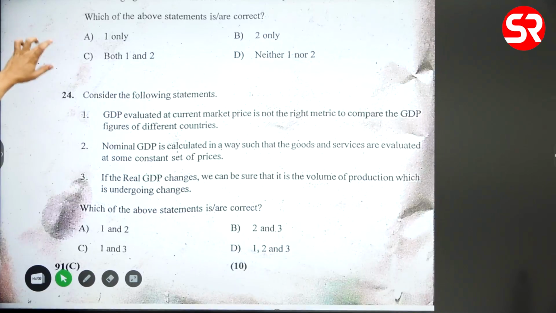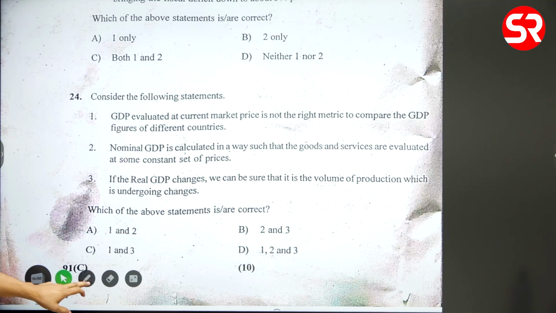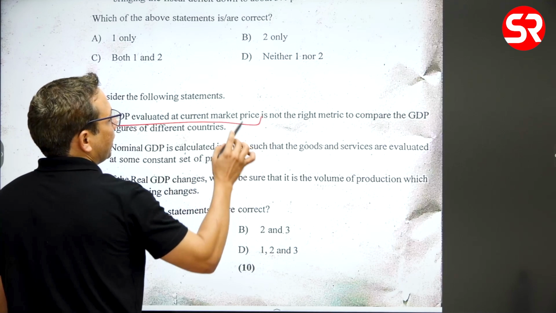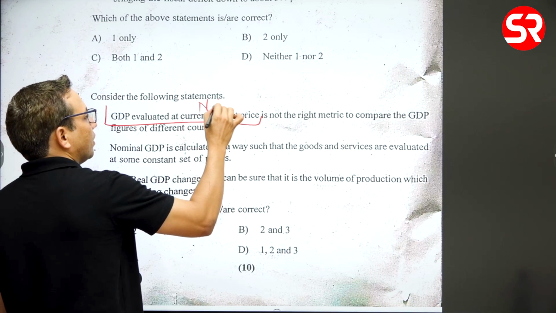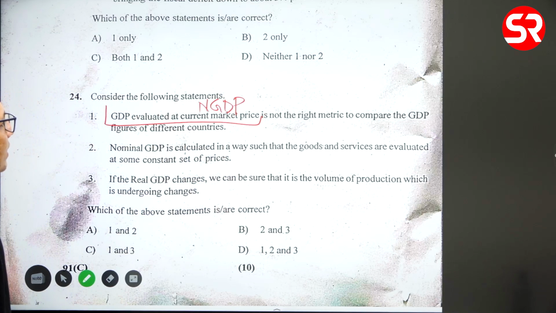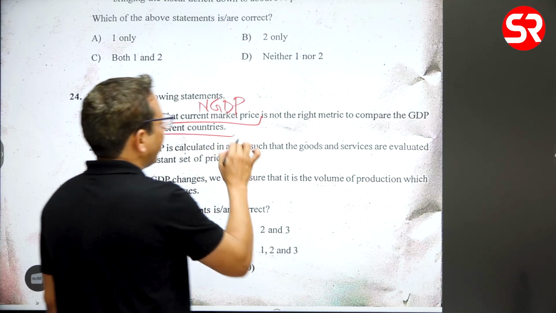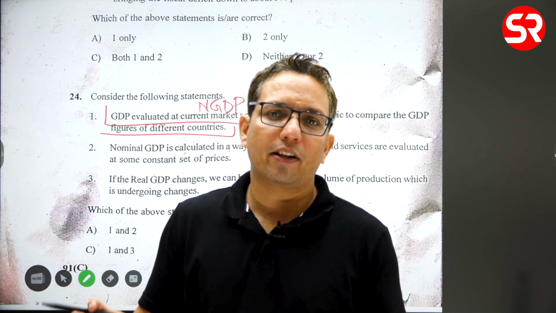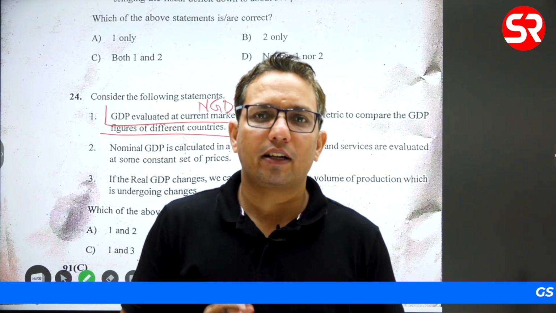Next question, again, very good conceptual question. Consider the following statements. GDP evaluated at current market price. It is nominal GDP. GDP evaluated at current market price is not the right metric to compare the GDP figures of different countries, because yes, when inflation in different countries is different, how can we compare nominal GDP of one country with nominal GDP